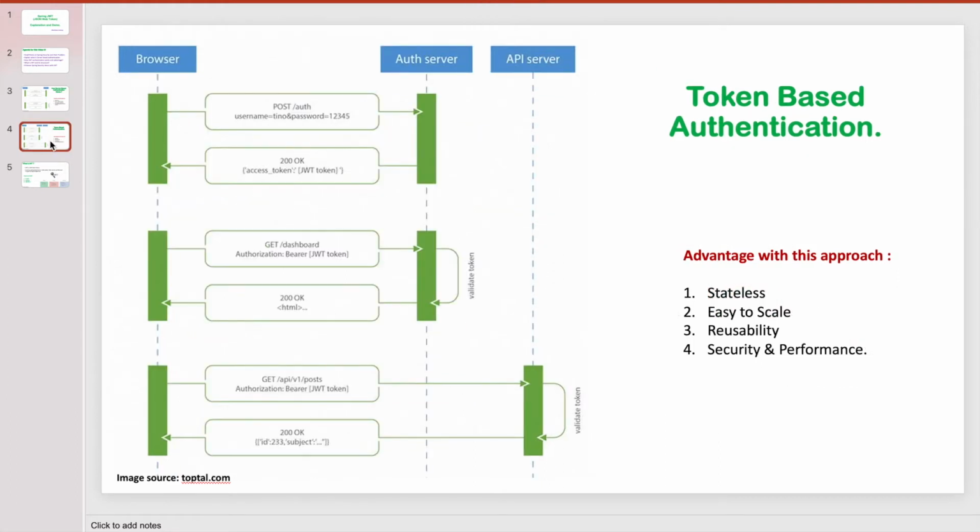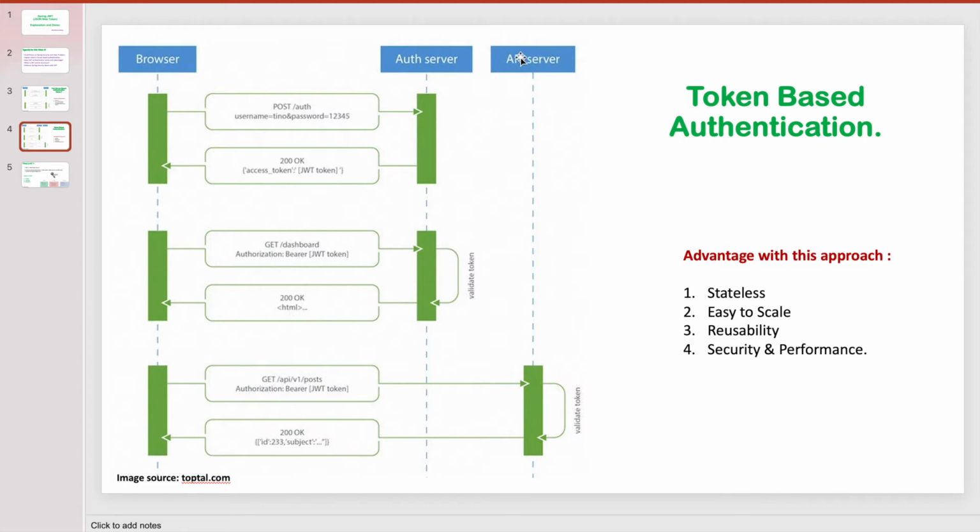So now we have to introduce token based authentication. In token based, what happens, you have one REST API, that is auth, and you call this API with the username and password. It will return you one token, and from the next time onwards, no need to pass the credentials, you just pass the token. And if your token validation is okay, then the server will serve your request.